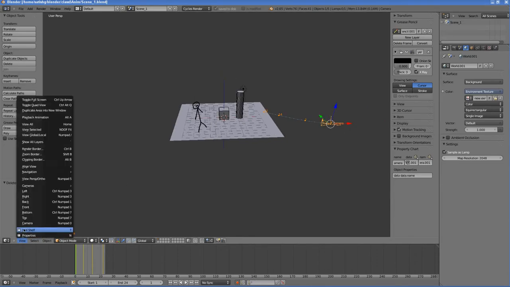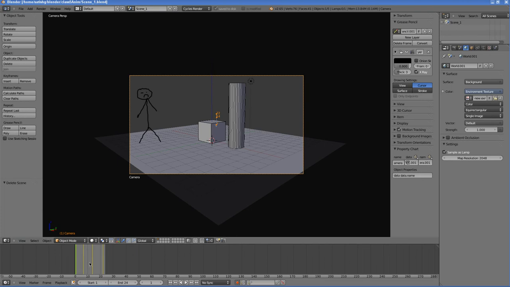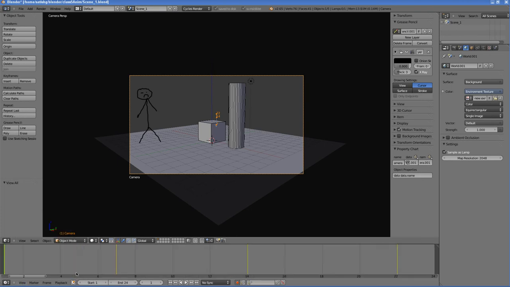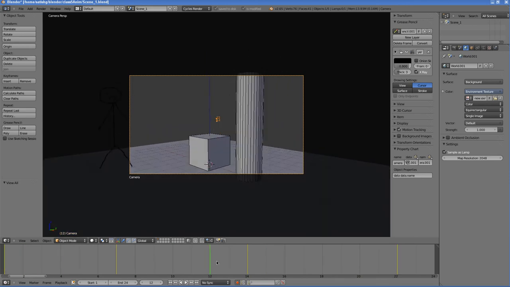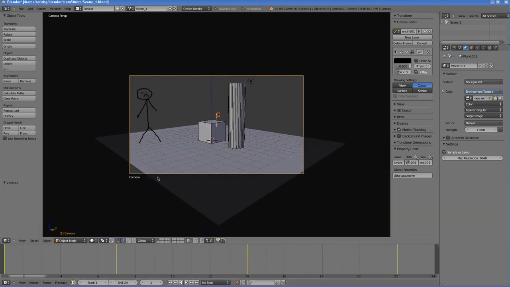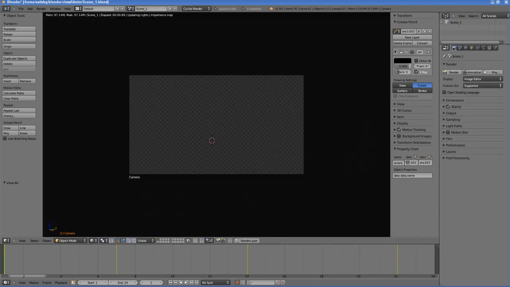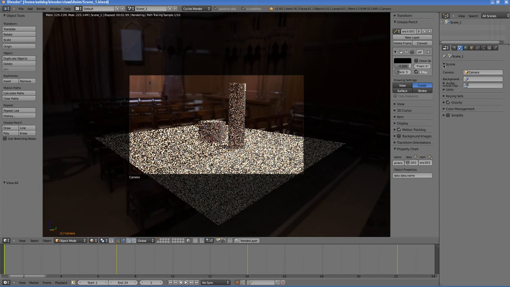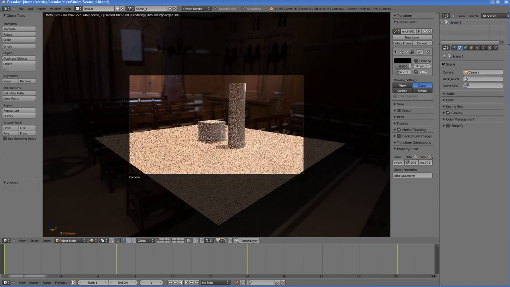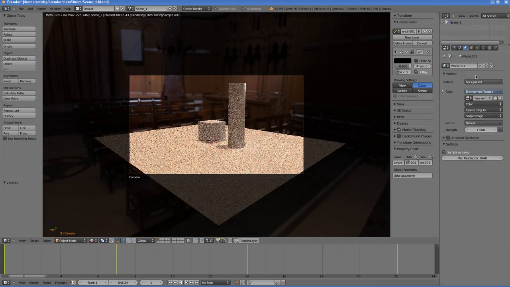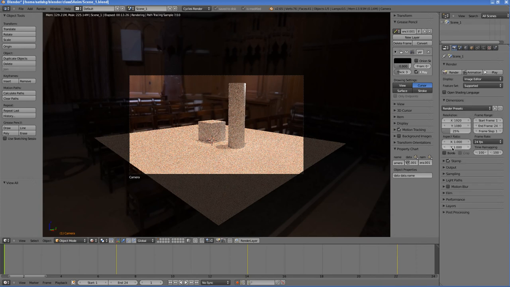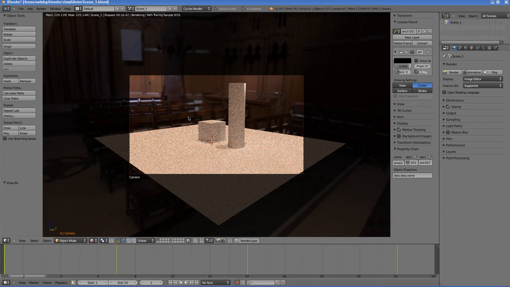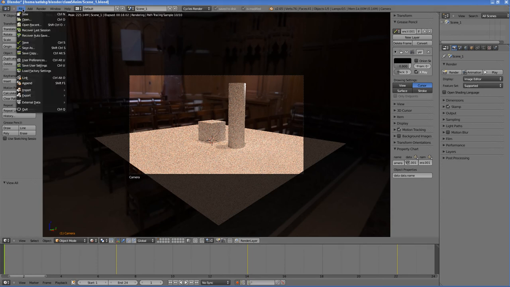If you go to a camera view, you'll notice the animation. This scene has its own render settings, so it's using this camera for rendering, and then it's using this particular world, and these render settings. Cool. So let me open up another file